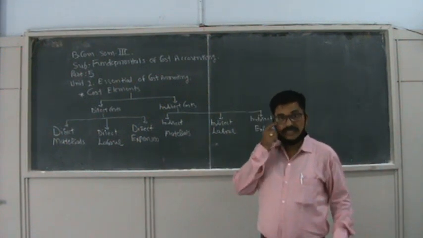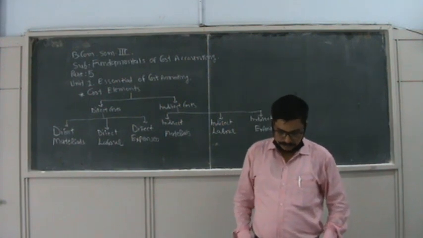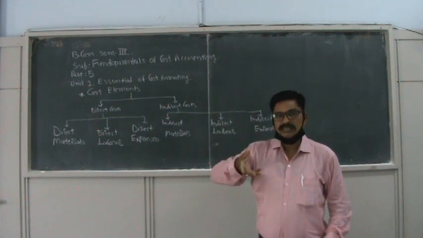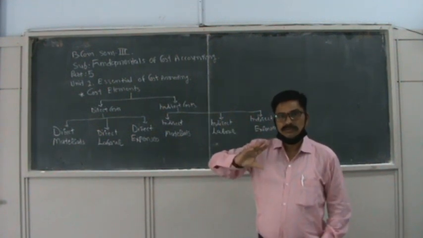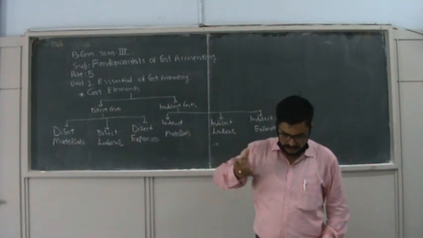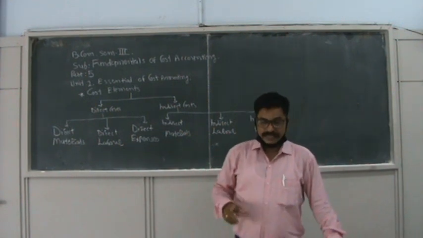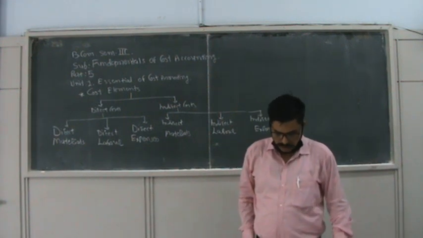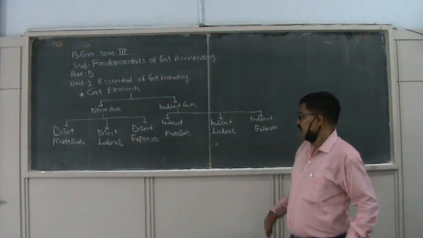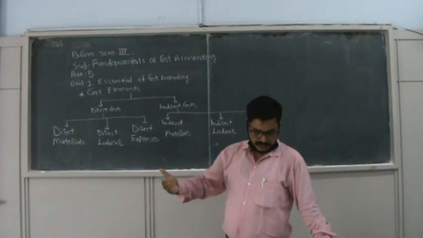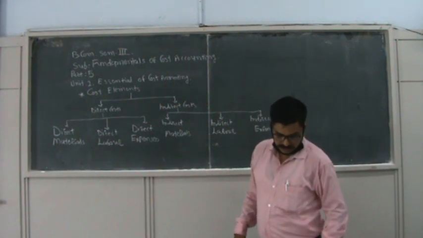Here I can give you another example of indirect material: lubricating oil. Lubricating oil helps the machines to run, right? So lubricating oil is an indirect material. Sandpapers, nuts and bolts, small tools, office stationery, all these are indirect materials which support the production procedure, so they are known as indirect material.